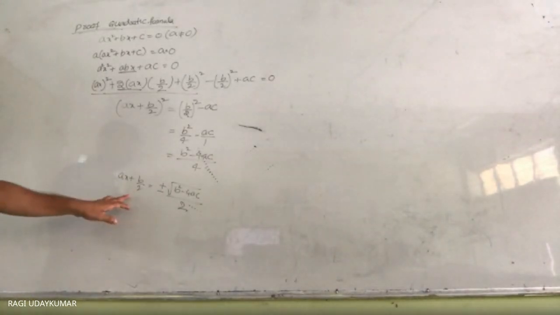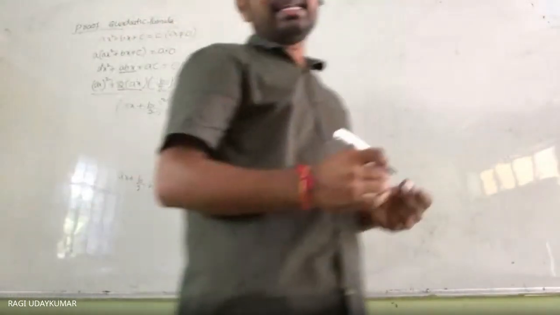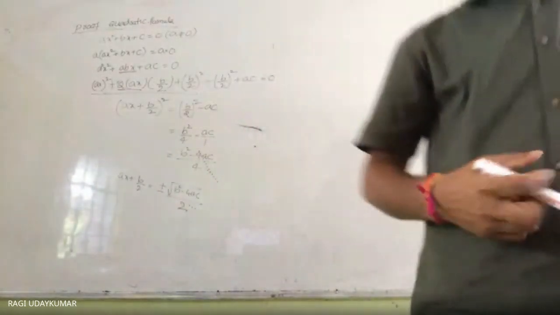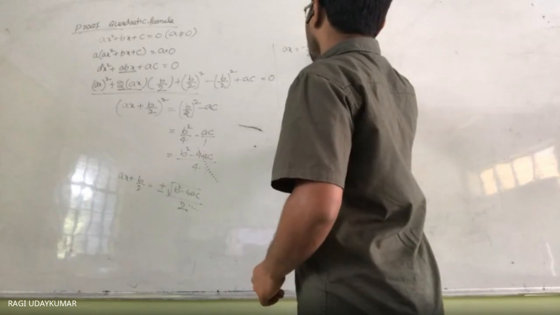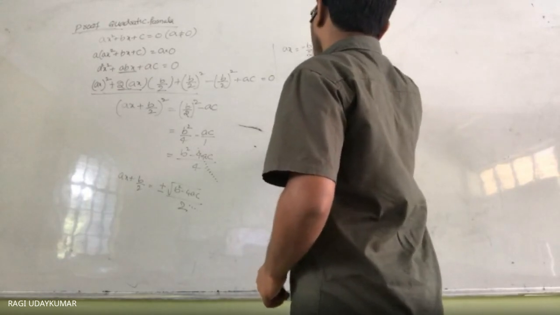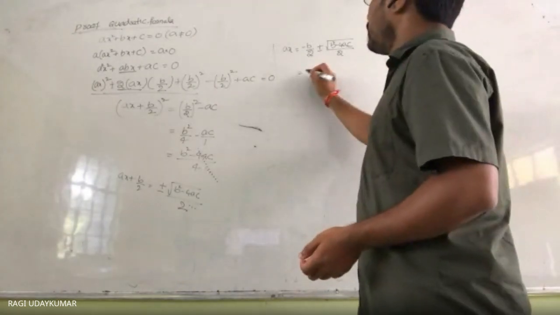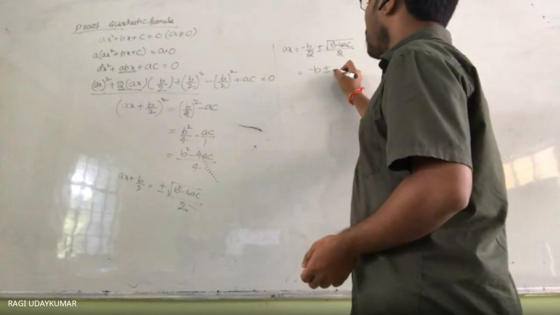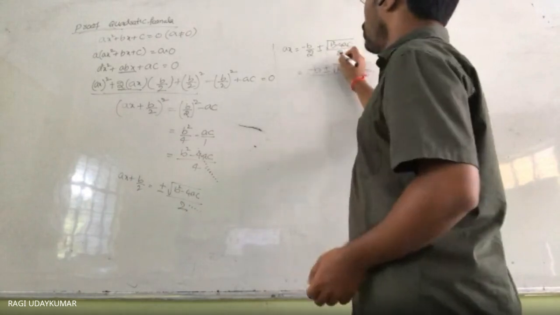Okay. So now what you will get here, this b by 2 we are getting, yes, this b by 2 we need to send to the right hand side. So what do you get here when you send the b by 2 to the right hand side? ax is equal to minus b by 2 plus or minus under root of b square minus 4ac by 2. So instead of b square minus 4ac, we can also write D now. No. First you write b square minus 4ac. Don't make it like this. Minus b plus or minus under root of b square minus 4ac by, दोनों को 2 है, denominator में 2.